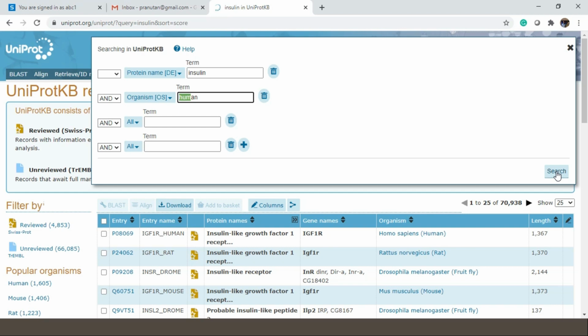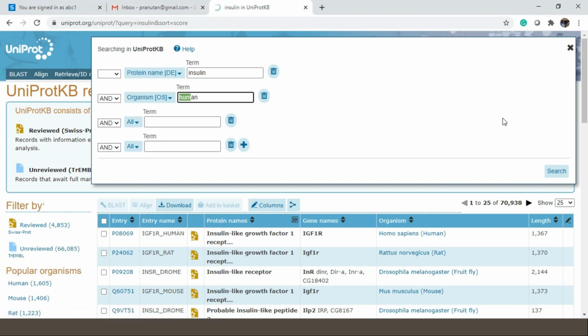See, previously how many results did I get? I got a lot of results from reviewed only, from Swiss-Prot. I got 4853. As already mentioned many times, there is no separate website for Swiss-Prot. You have to come to UniProt, and once you do any query from UniProt, you will get results from both Swiss-Prot as well as TrEMBL. If you want sequences from Swiss-Prot only, you click on reviewed, and you will get only wet lab sequences. If I click on unreviewed, I will get only the sequences from TrEMBL.